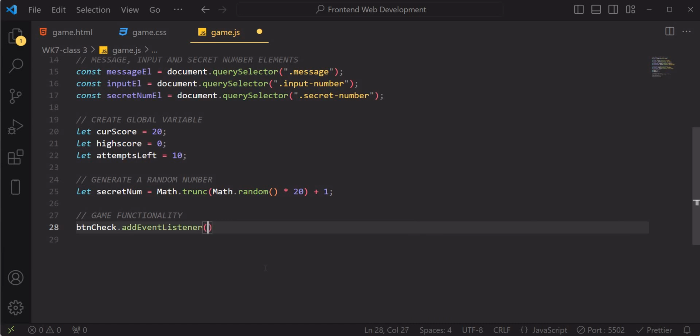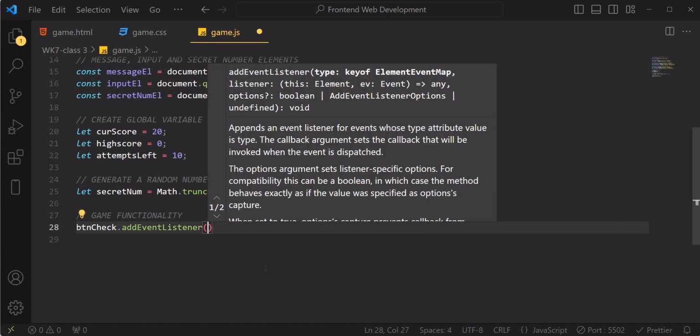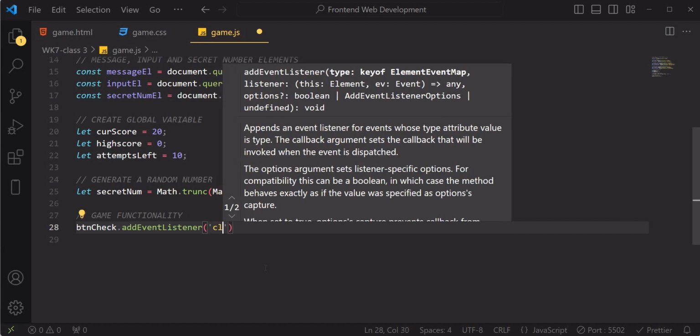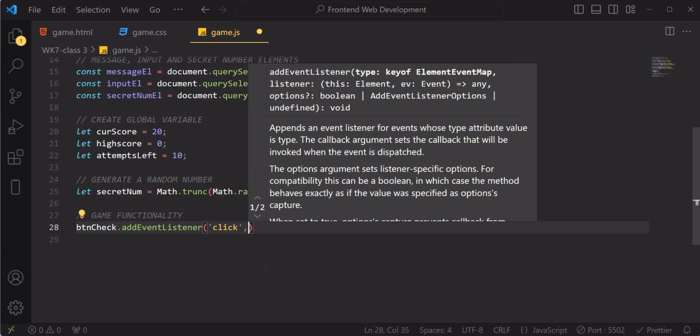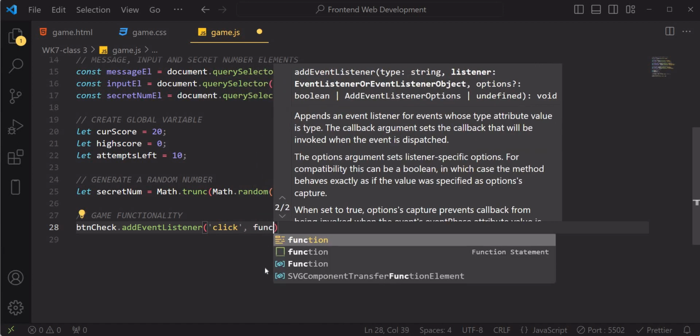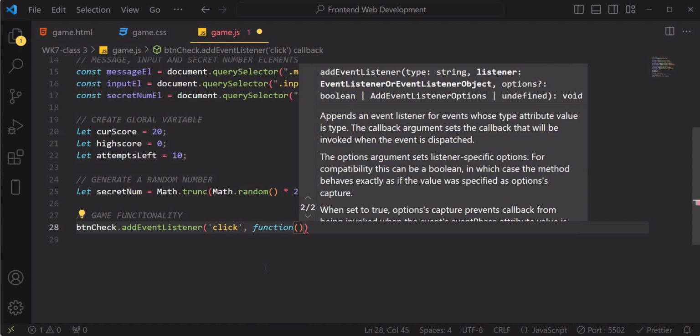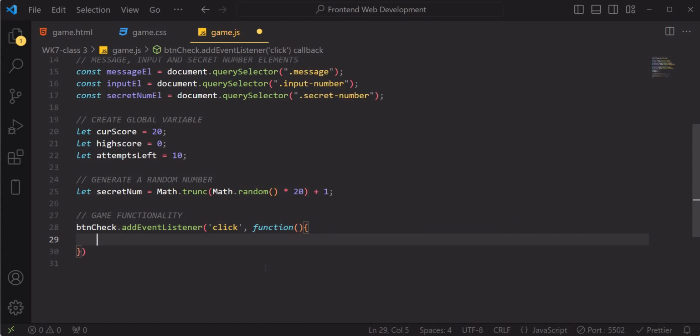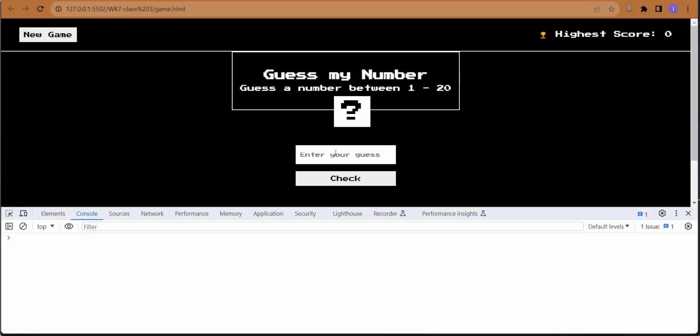So btnCheck.addEventListener. We are going to listen for the click event. So here we are going to perform a function. So say function. Then let's move on. Now whenever we click on the check button, we want to get